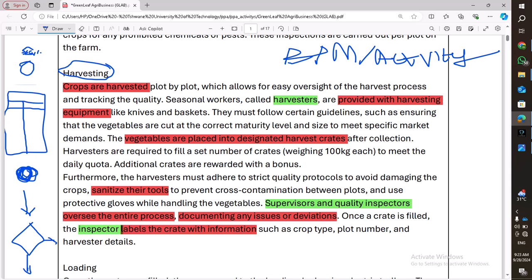If you are writing your BPM diagram or activity diagram, always follow the scenario. How do things happen? How does this actually happen? So let me show that, and then always remember